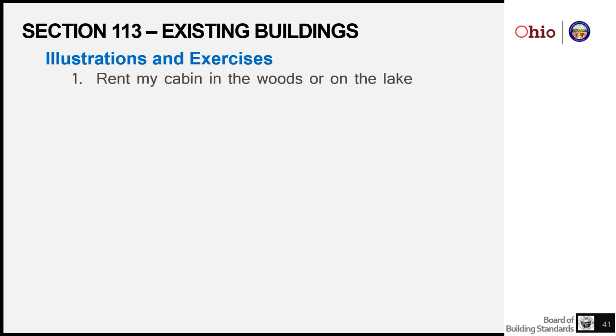There are some reliefs in the OBC for this exact situation that say you can use construction criteria for the residential code for that building. But it still has a change of occupancy and they must go through that exercise. We did provide in the list of documents a matrix that outlines the transient lodge and all the different provisions, the different types of transient lodges and the requirements. It summarizes the Ohio Building Code requirements for transient lodges.